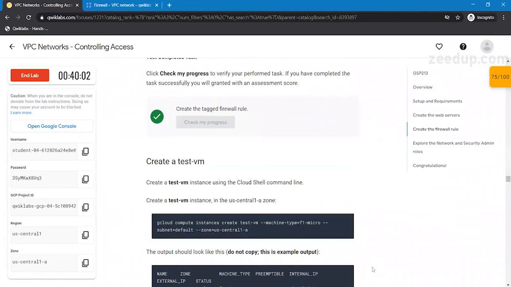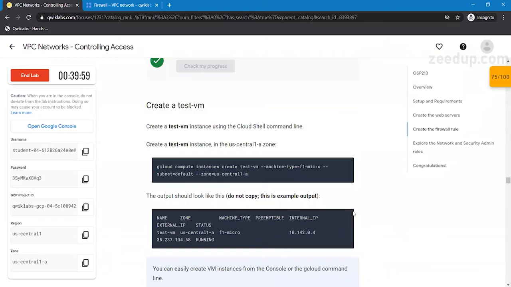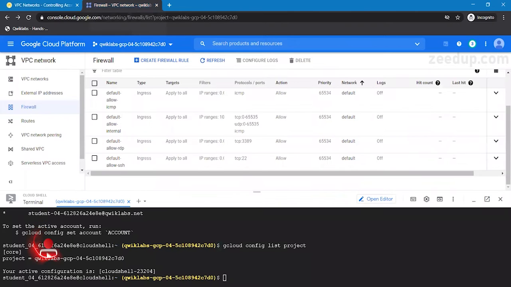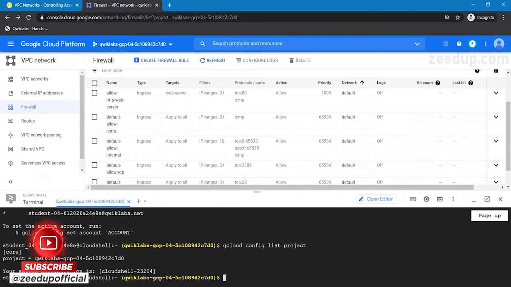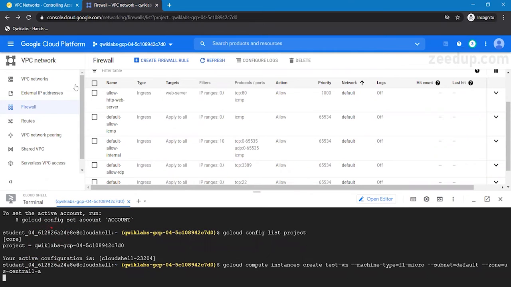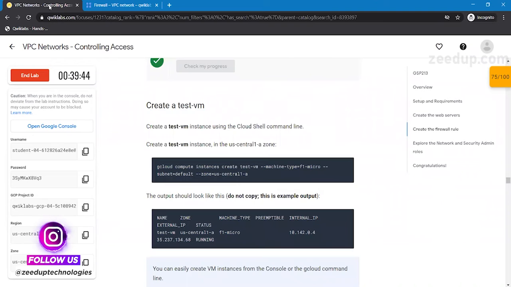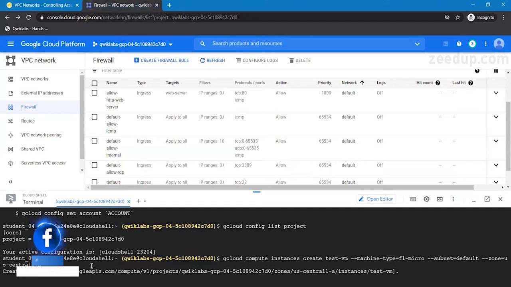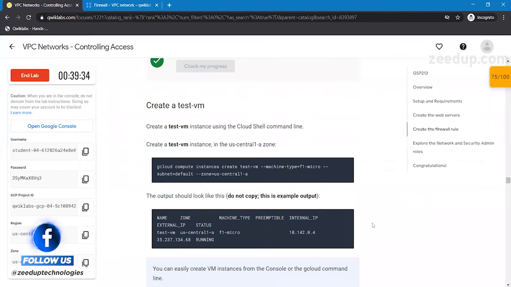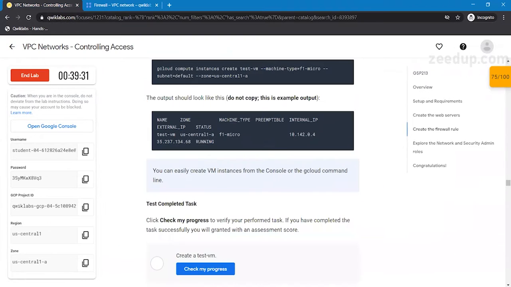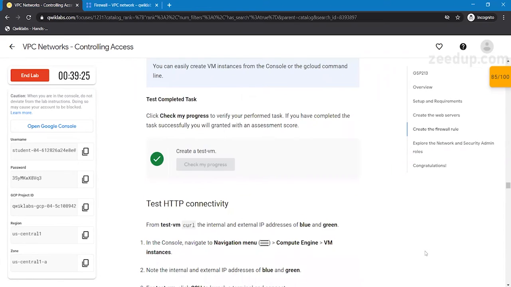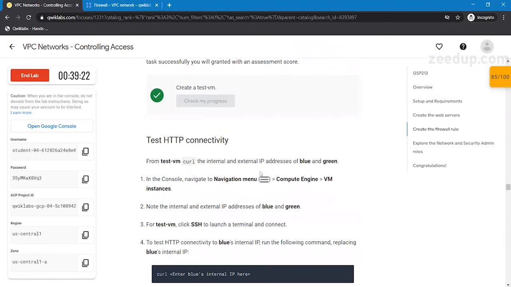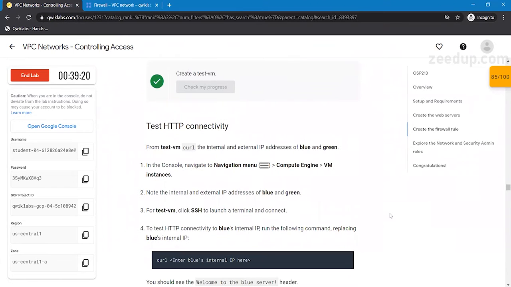The next step is to create a test VM. So for that, execute this in the shell. We have created a test VM here. The next step is to test HTTP connectivity. So for this,